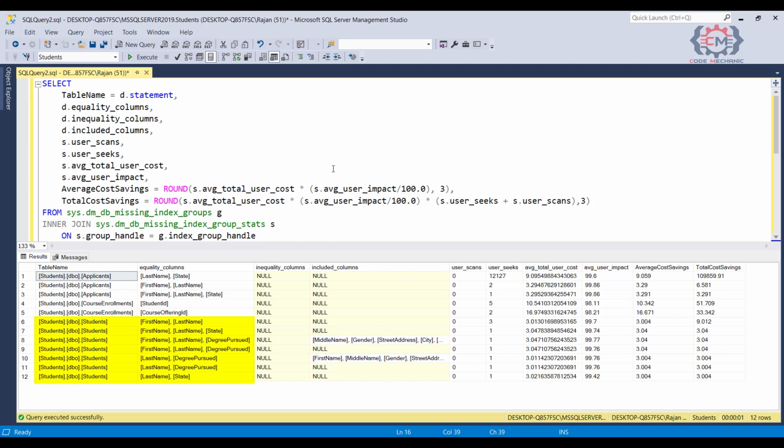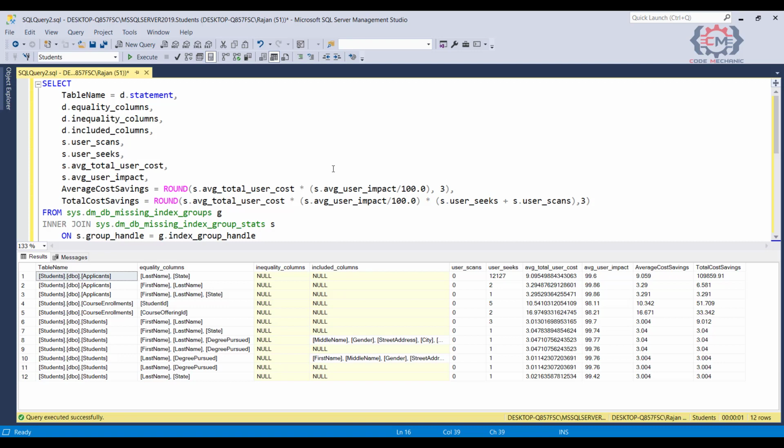We also see that first name is used in 3 of the recommendations. So that is a good choice for the second column in our index. And then maybe we will choose state as a third column because that's used in 2 of the recommendations as well. The point is that you want to look at the different recommendations for a table and extract out the common columns, such that you are creating the fewest number of possible indexes on the table. In a lot of cases, you will have a number of similar recommendations that all have a common subset of columns.